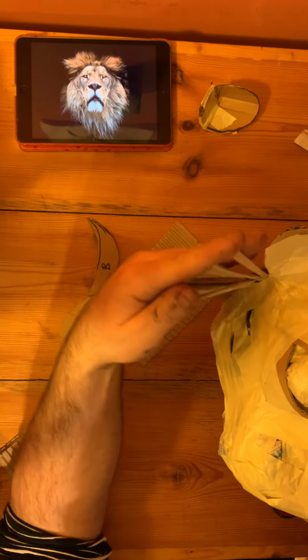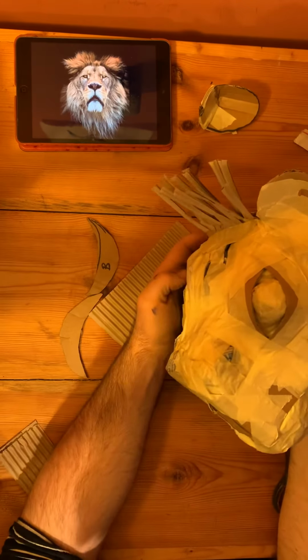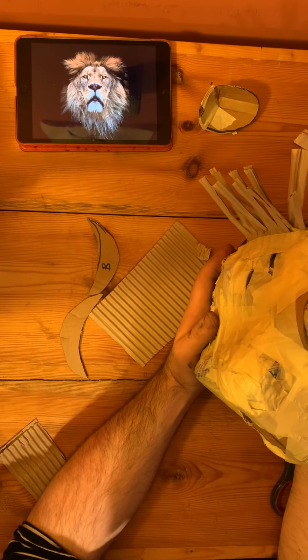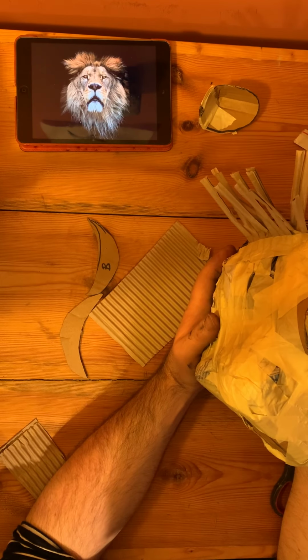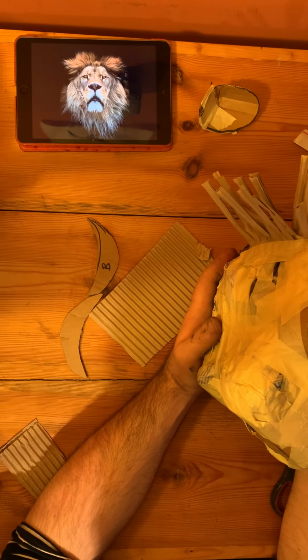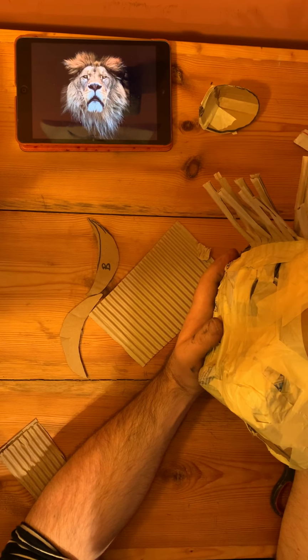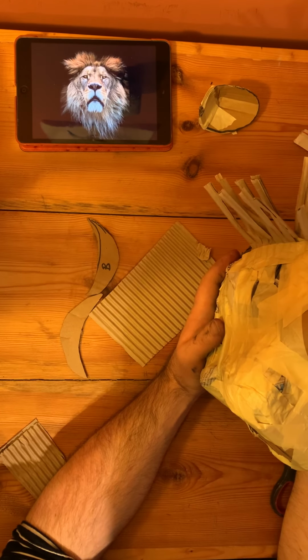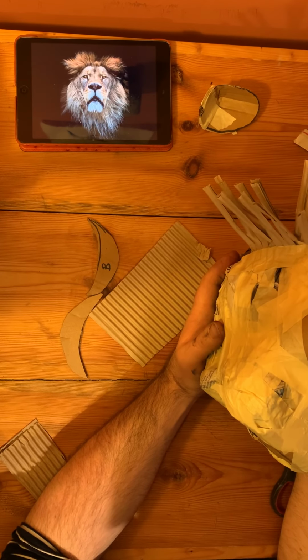And you can imagine that all the way around the lion's head in a fan will give a nice arrangement. When this is painted and finished, I can also use different types of fabrics and wools, or different shredded papers, or, you know, any other material that will give a nice fur texture to my